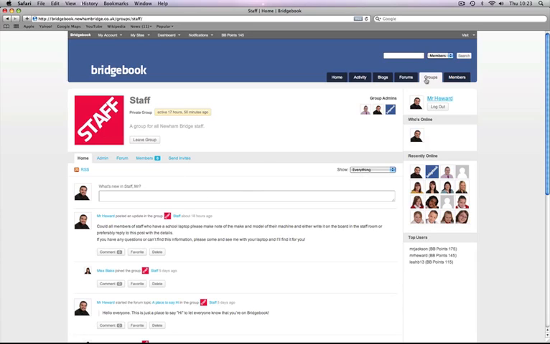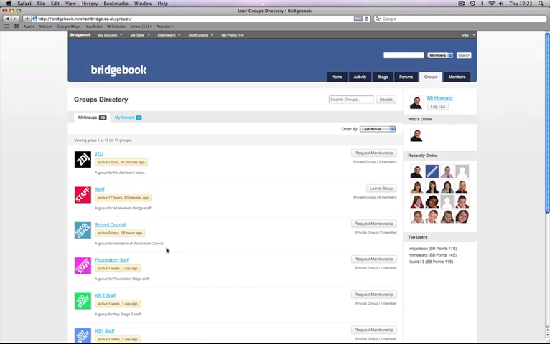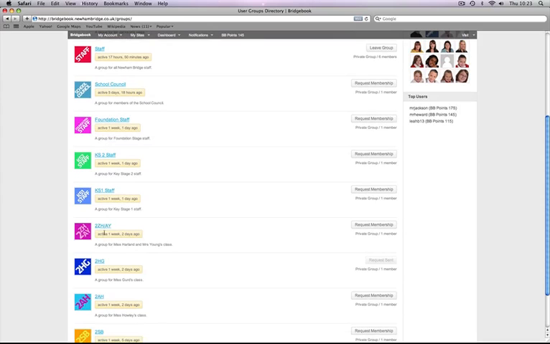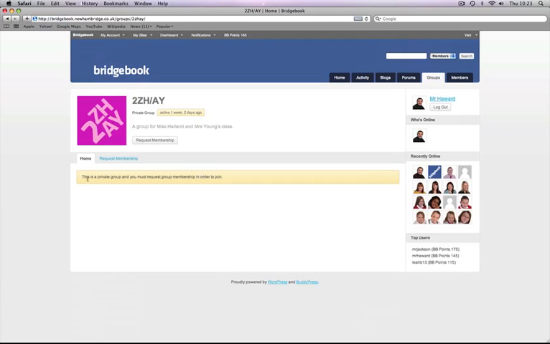If I go back into the groups directory, and I try to access one of the groups that I'm not a member of, for example, if I was a child trying to access another class's group, so let's say I'm trying to access Amy and Zoe's class, if I click this, it says here, this is a private group and you must request group membership in order to join. So I am not a member of that group, so I can't see anything that's going on in there,